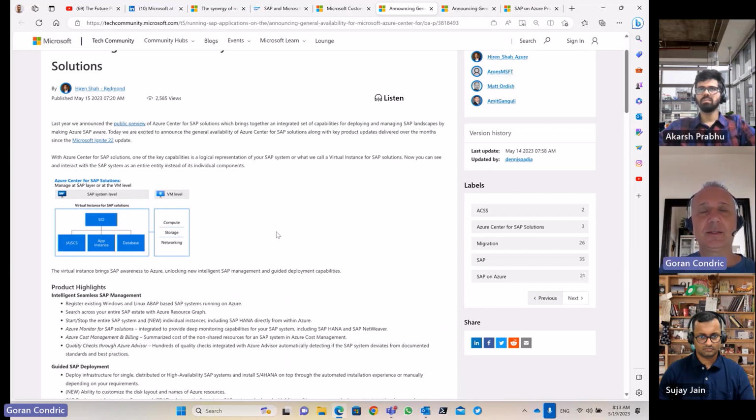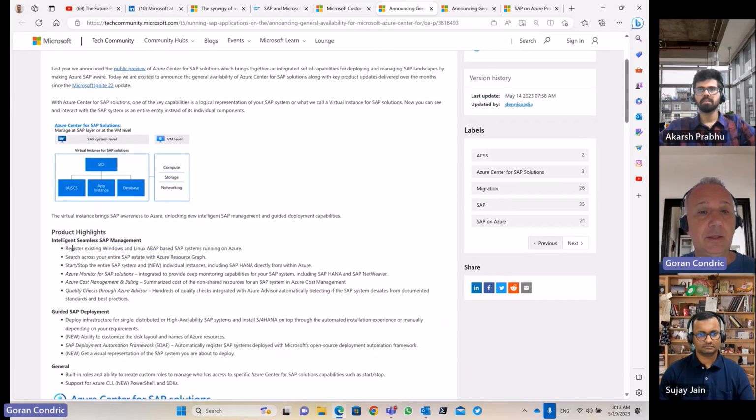It enables SAP to become a first-class citizen in the Azure portal, meaning we are not just able to see the infrastructure, but also to understand how SAP systems and SAP instances relate to Azure, and to manage them.